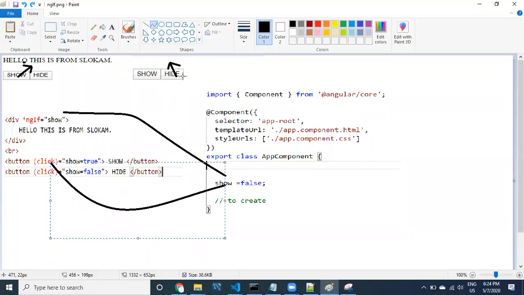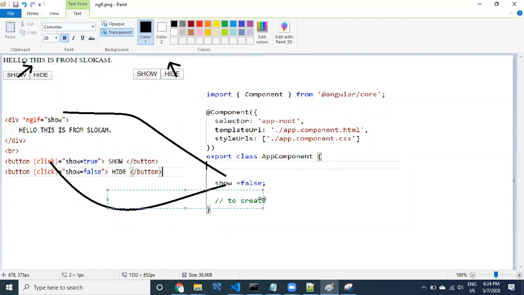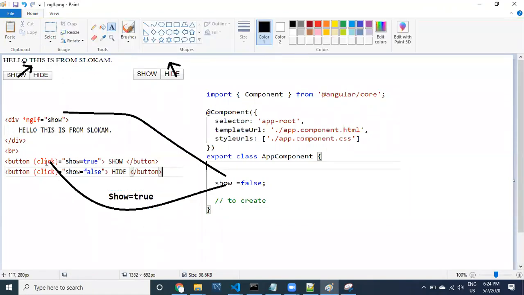See here, what it is going to do? It is going to do show equal to true. So whenever you click on here, it is going to become true.